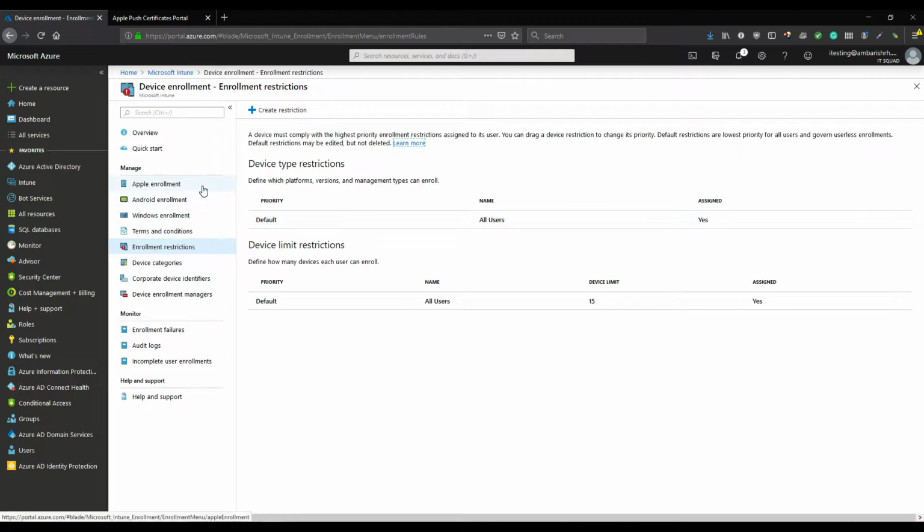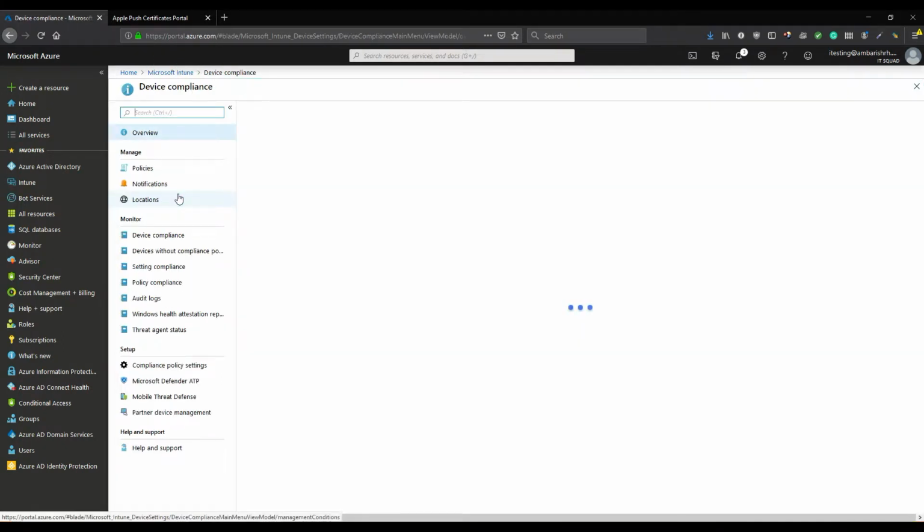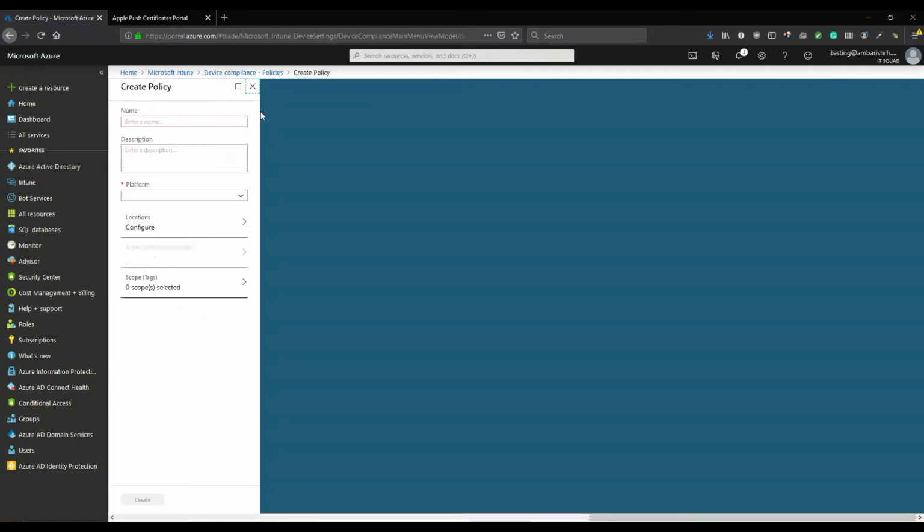So we have covered our Apple enrollment. Now enrollment restrictions, we blocked our personal devices on iOS, and we also added our device to corporate device identifier. Now let's go to the next section, which is compliance. You can set up a compliance policy, and you can let Intune check this compliance every time. For example, let's go iOS device compliance, give it a name,